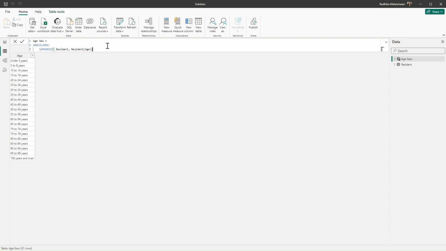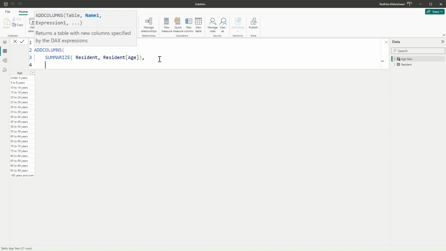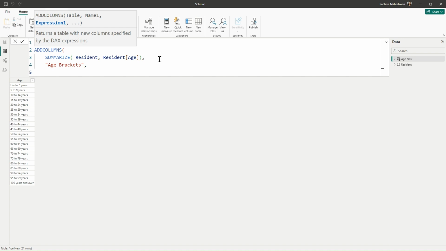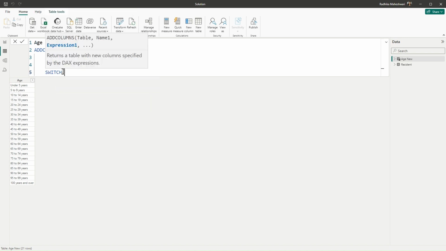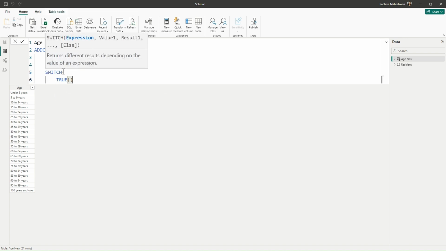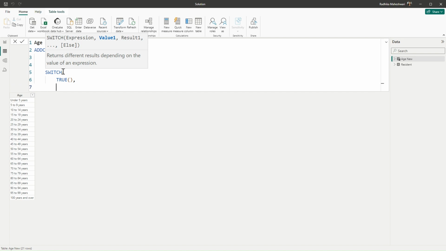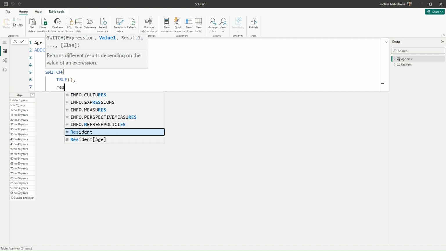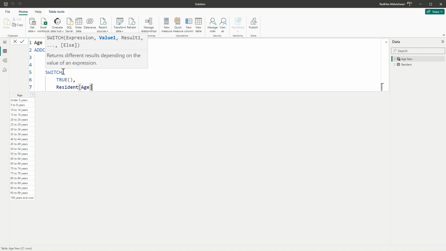I will just zoom in this a bit. Now the first argument is done. Now we need to give a name to the new column that we are creating. So I will just call this age brackets. And then I'm going to use a SWITCH function so that I can convert these values to the way I want it to look like. So for that, let's use SWITCH. First argument is TRUE. Now we want that if the resident age